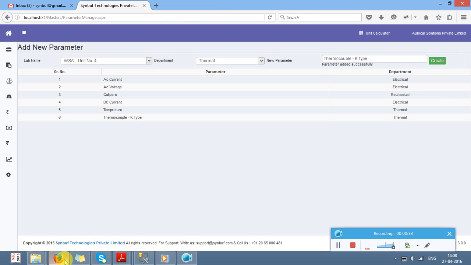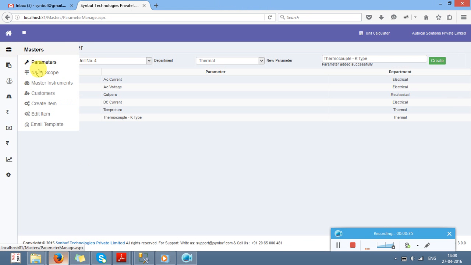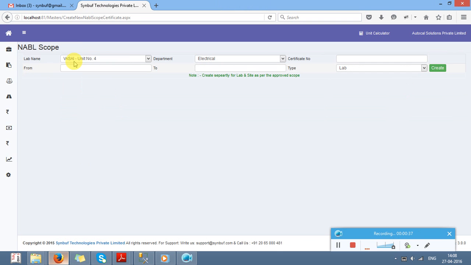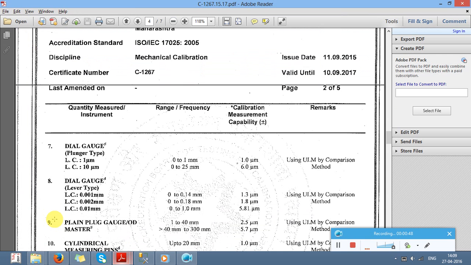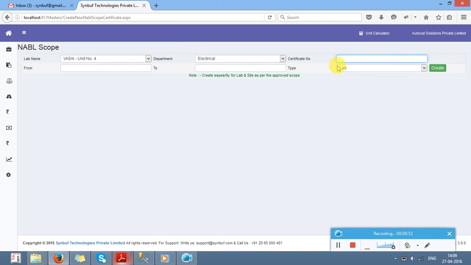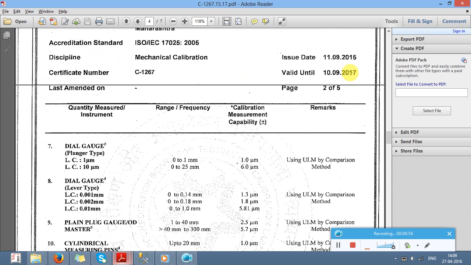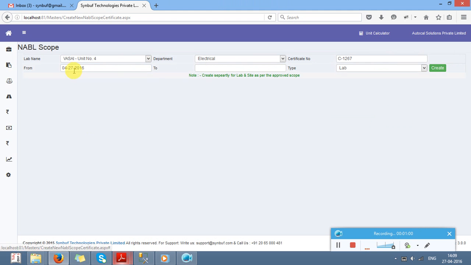Now see, in our application, you go to NABL scope, you will find some screen. You can select the lab name for which lab you are creating. This is my electrical certificate number. Now if you see the certificate number, it's C1267 for the mechanical. C1267. Then the issue date is 11 September. So I will take 11 September